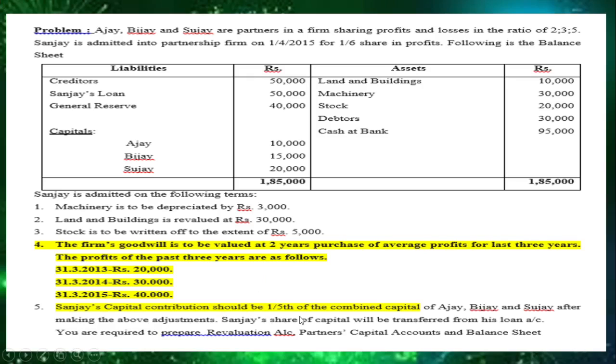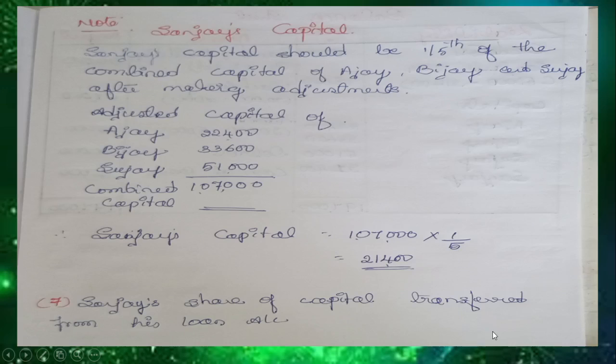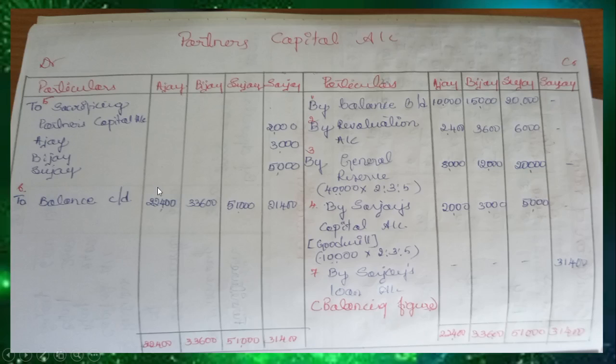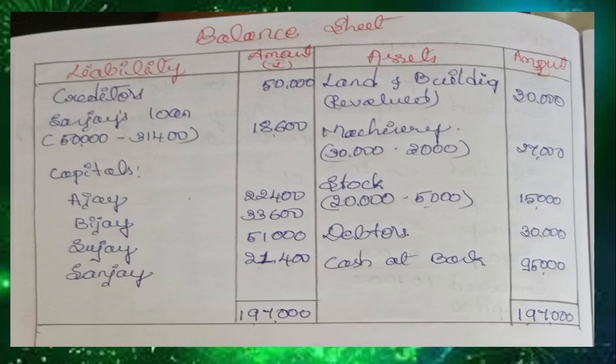Sanjay's capital contribution should be 1/5 of the combined capital of all partners. Here, Sanjay's capital should be 1/5 of the combined capital. So we need to find out the combined capital first. The combined adjusted capital, because after making the revaluation account entries and reserves entry, we need to find out the balance. So here, the balance in the partners' capital accounts,